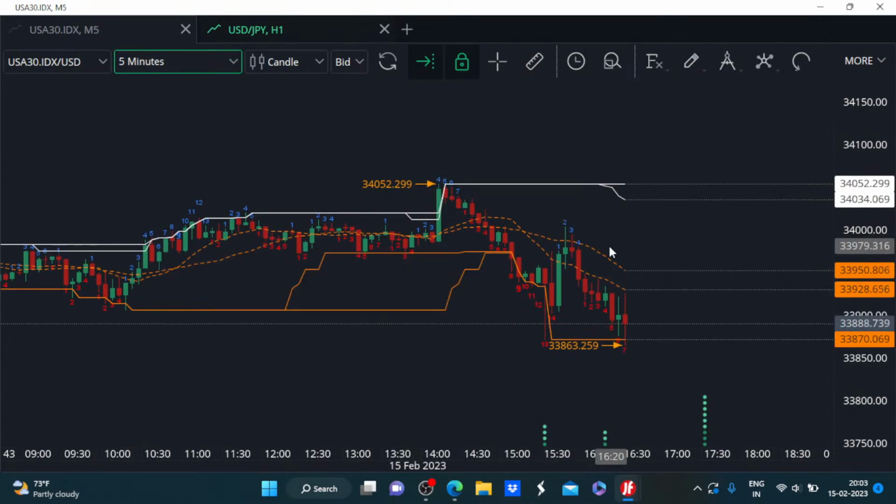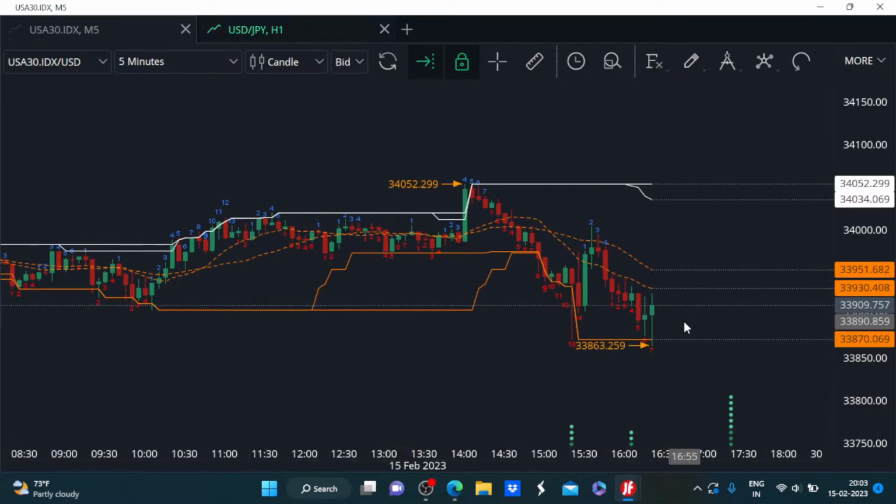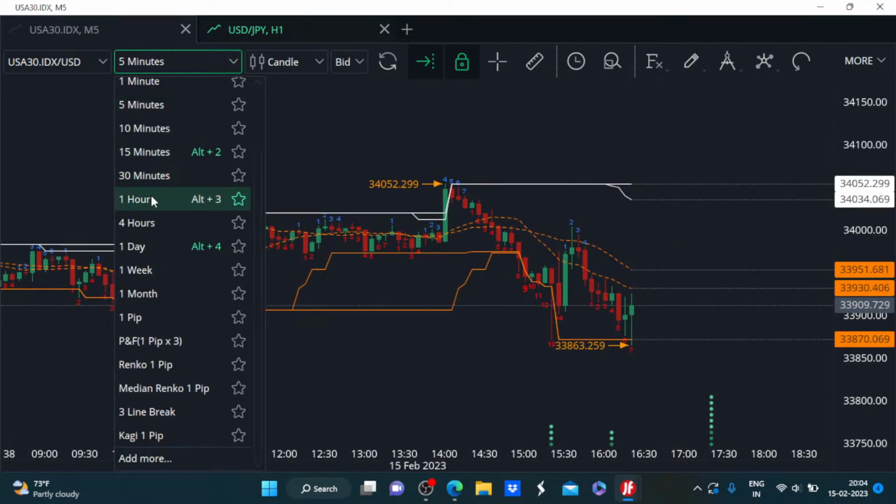And if we wait it out and allow the increased volatility after the start of the US session to help us figure out the direction of the equities, I would say that we would be in a better position to make profitable trades. So see how things shape up around these levels of 33,800. If you allow the price formation to unfold for the next half an hour or 1 hour, you will have clarity emerging from these immediate moves, and accordingly you can make the trading choice.